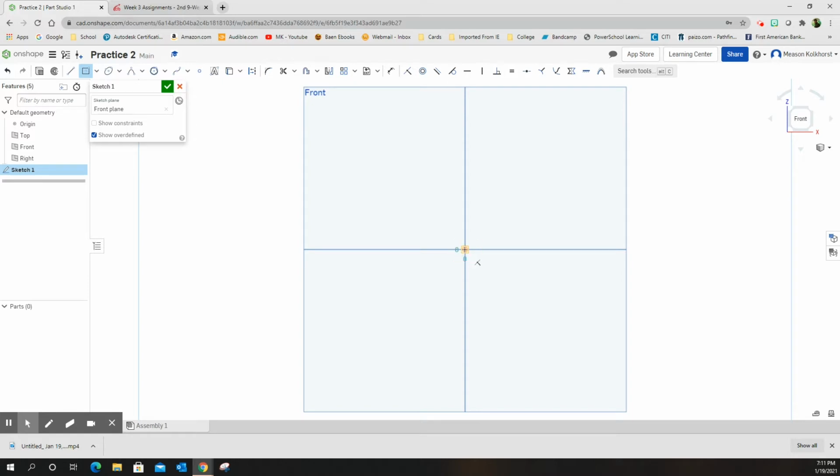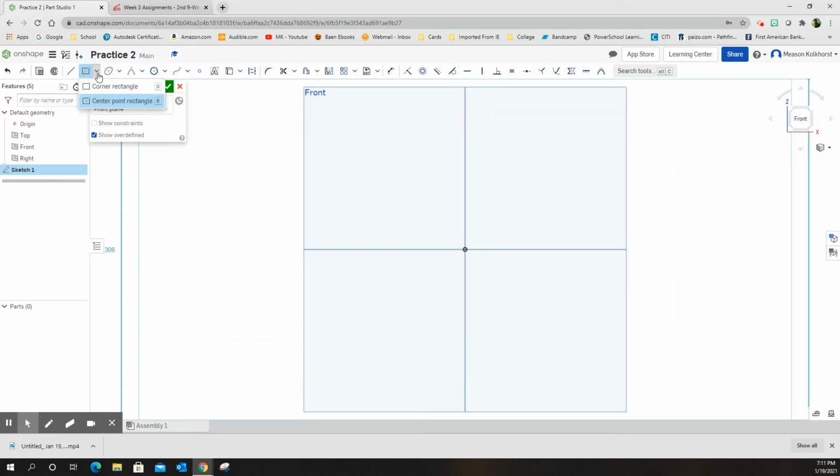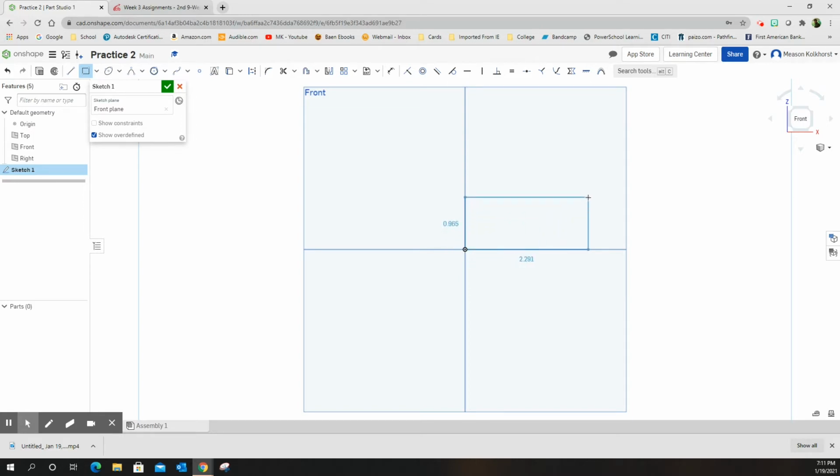I'm going to click. I'm going to make, oh, look at me. I'm choosing the wrong rectangle tool. Let me go back and choose the corner rectangle tool. Not the center point, corner rectangle tool. Click. I'm going to come out and make a random square. I need to make 2 more squares. I'm going to click, make a random square here, and I'm going to click on this corner and make a